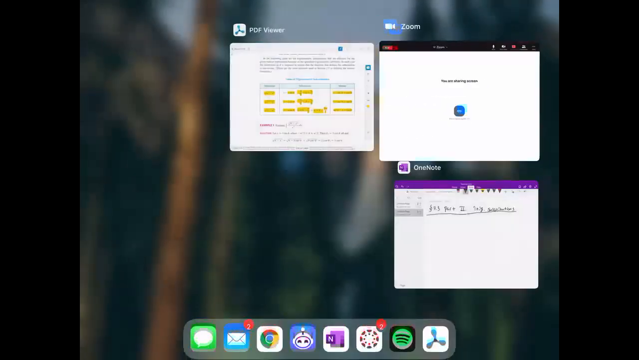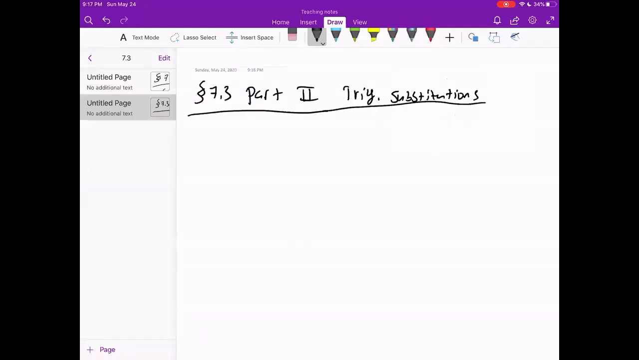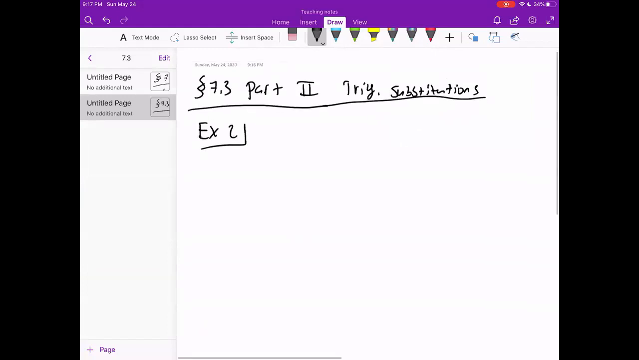All right, so this is part 2 to section 7.3, trig substitutions. So I've done one example, there are 7 examples in the book. I will probably do most of them just because this is something that is probably a little tricky for most people. So let's just jump in and do example 2 because I want to try and get at least 2 examples done per video. So we want to find